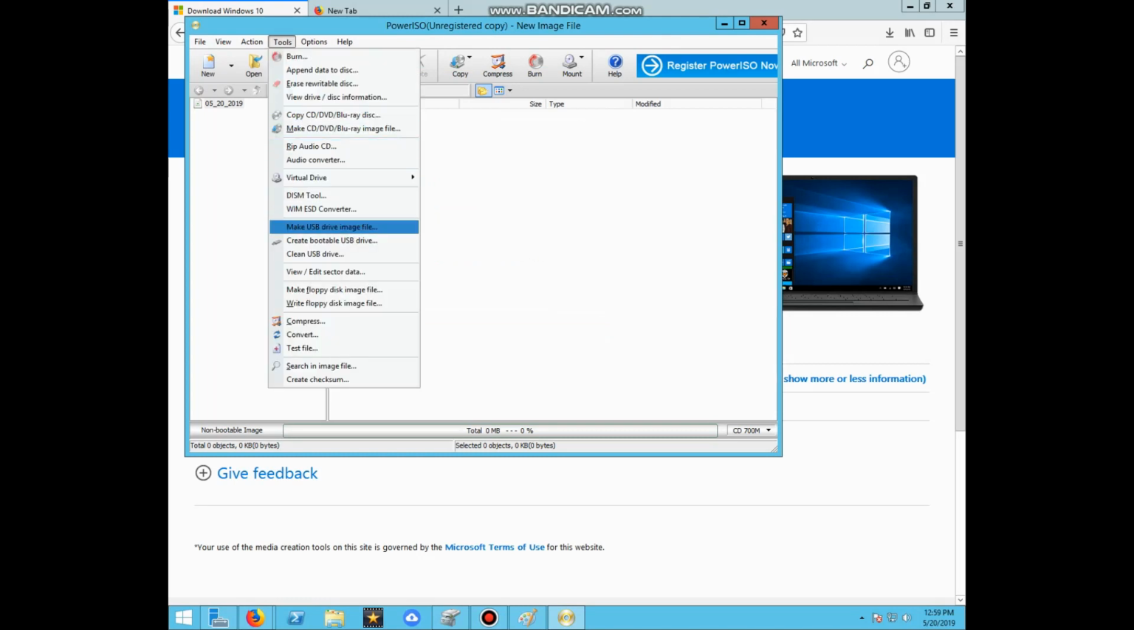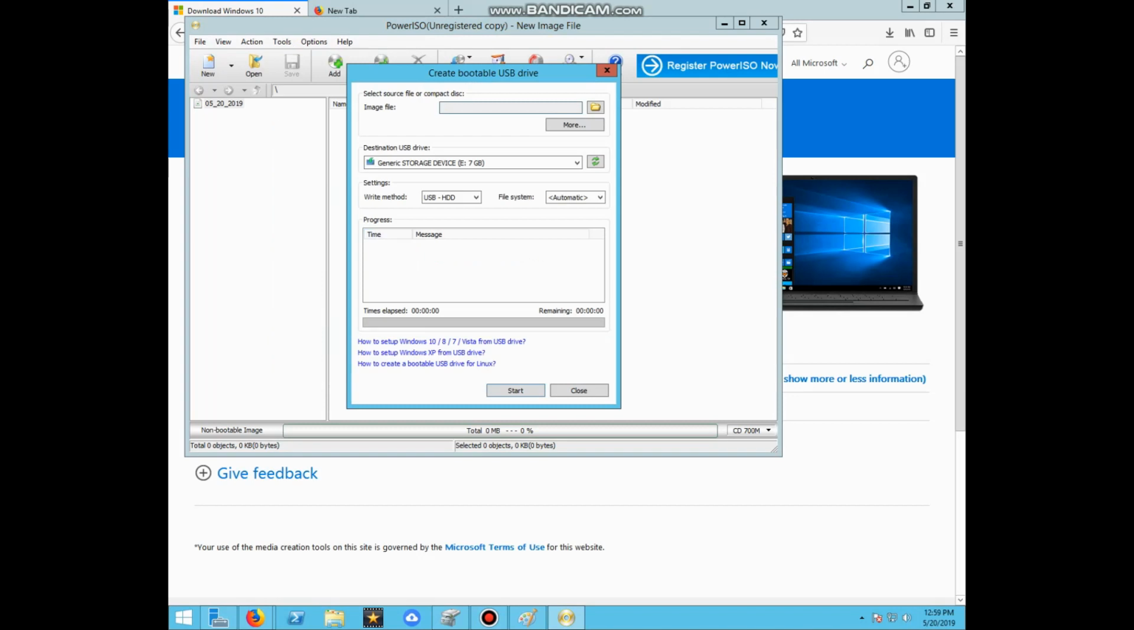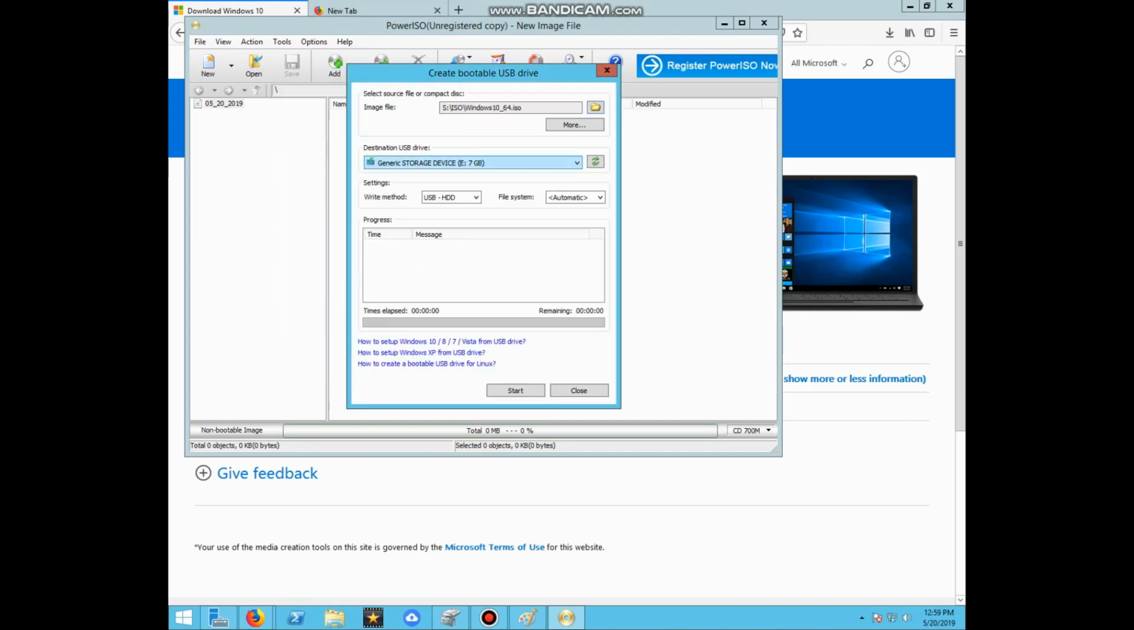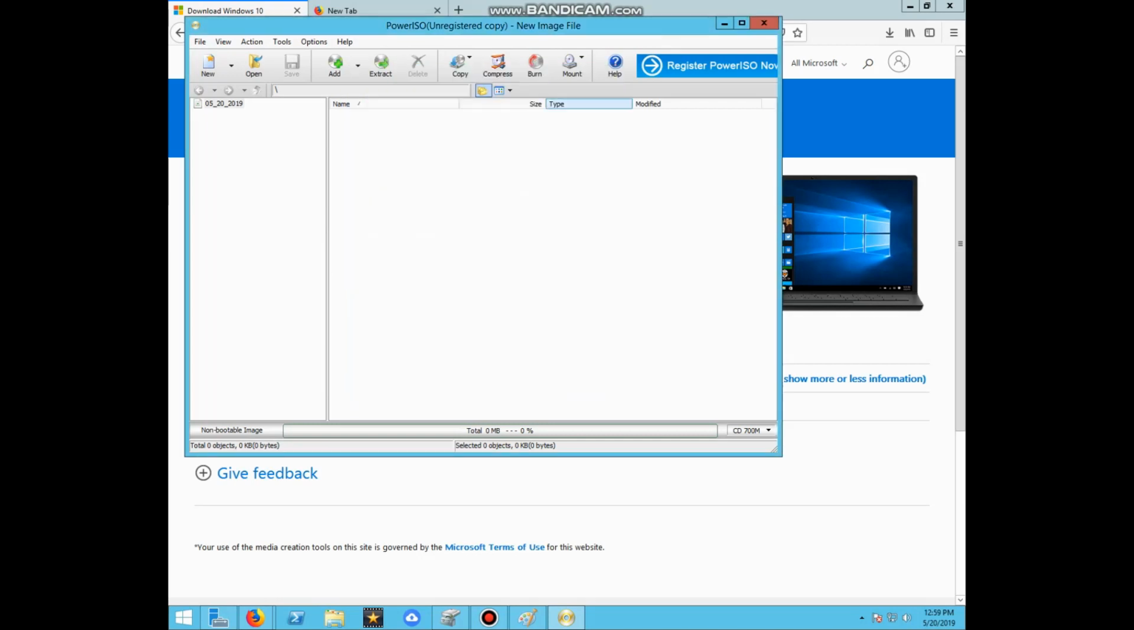I can go to create bootable USB drive, and then I can select the ISO, select the same drive that I just wrote to, so I'm not going to rewrite to it, but select whatever drive you want, and then hit start. And this method is nice if you just need the ISO for multiple loads, like if you want to load up 10 different flash drives to distribute them to your IT team or whatever, for whatever reason,